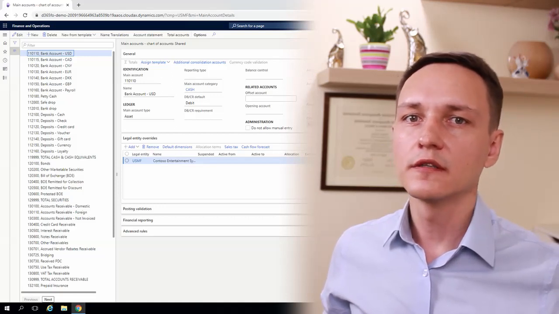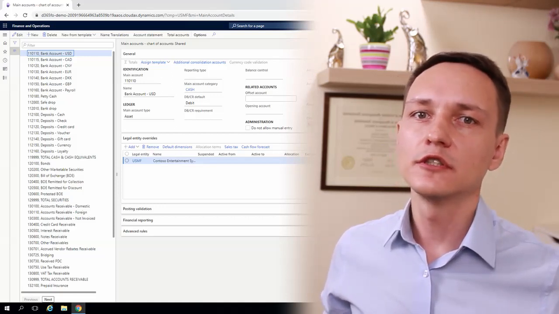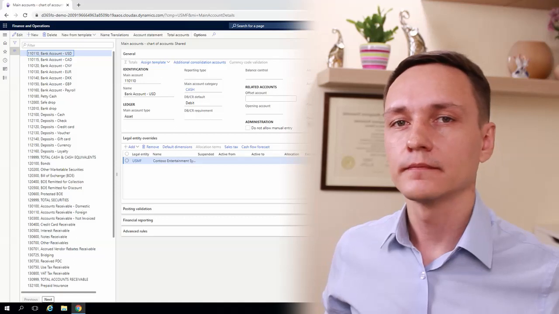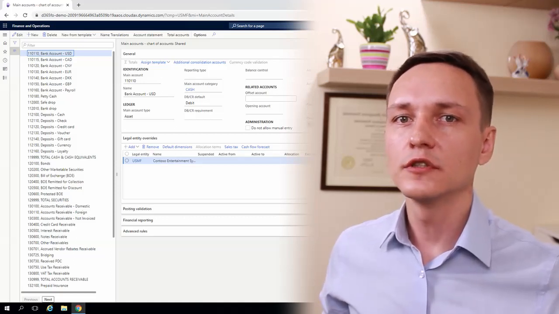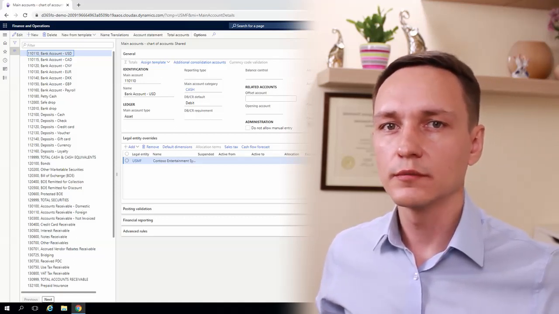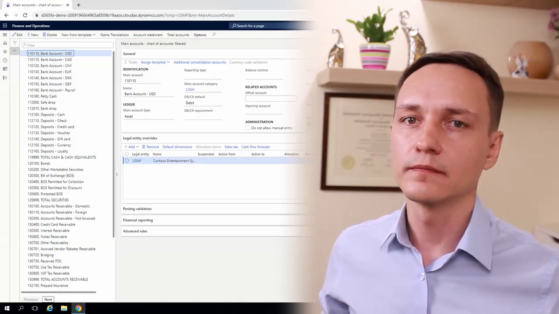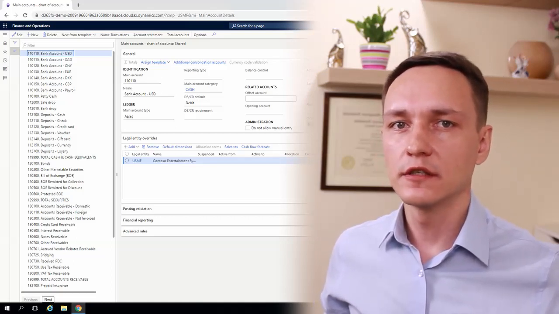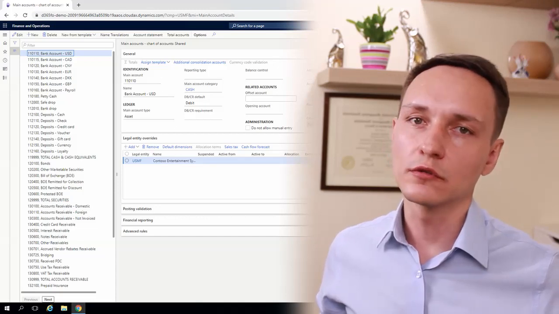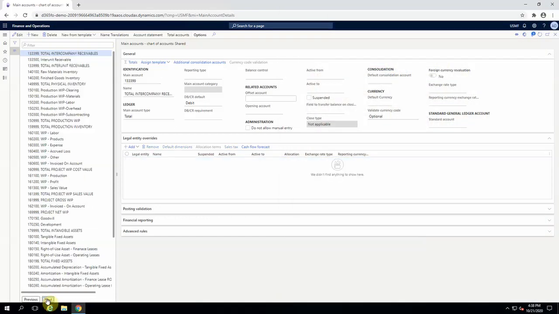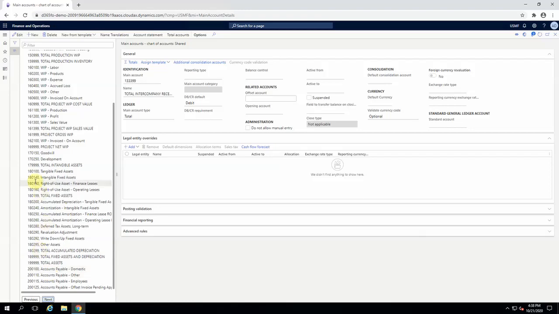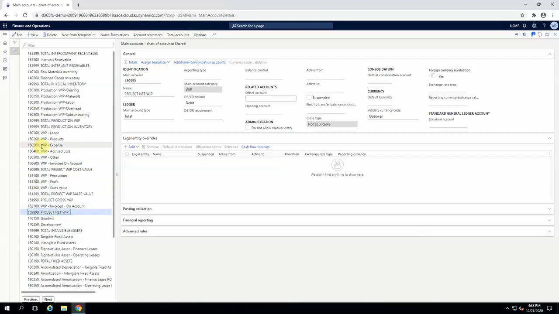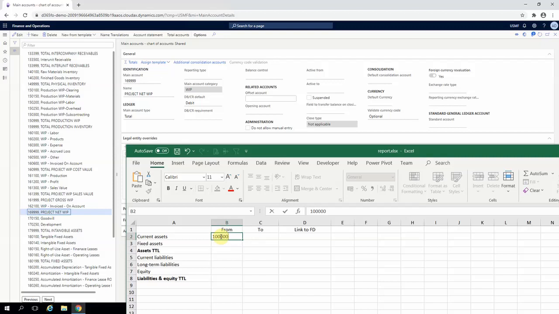The goal is to define the ranges of accounts for each line of the report. After that, we will configure each report row to show the total balances of the relevant accounts. Okay, let's define the ledger accounts for every row of the report. The current assets are posted to the accounts from 100,000 to 169,999. Let's write it down. Then do the same thing for the fixed assets, liabilities, and all other lines of the report.